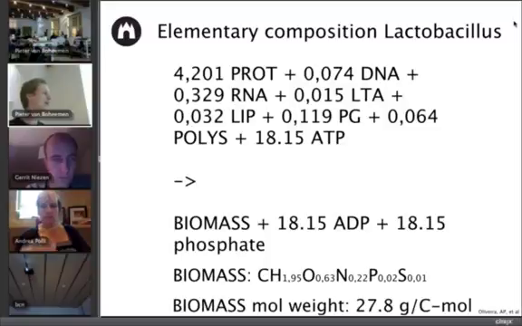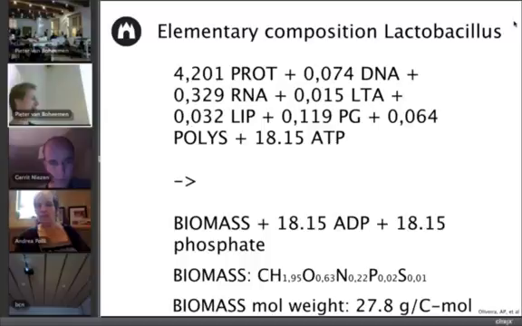And what was LTA? LTA is lipoteichoic acid. So when you have a cell and on the outside there are proteins, those proteins are LTA. Those are the proteins that cause the gram-positive effect. So it's like the outer coating of a cell. Yeah, but not all cells have that. But lactobacillus does have it. Yeah, but it's a significant amount of the mass of the cell,